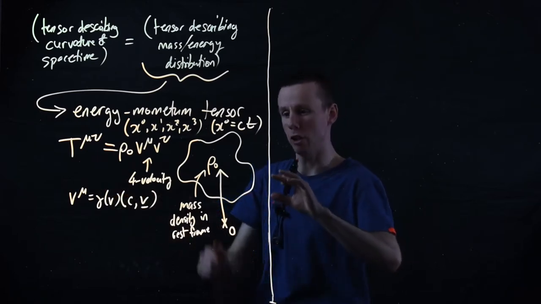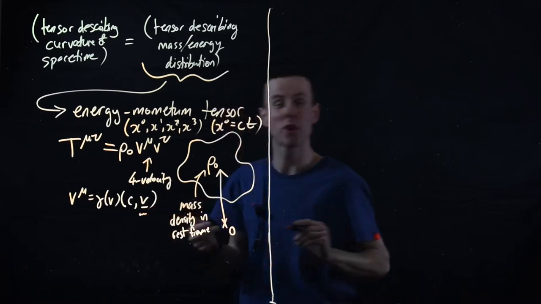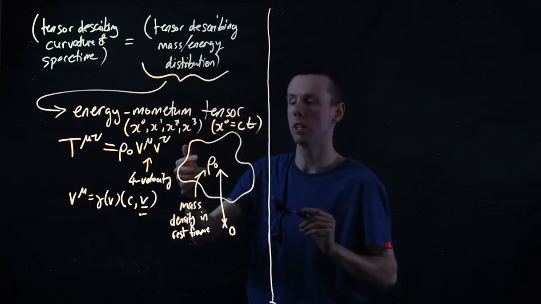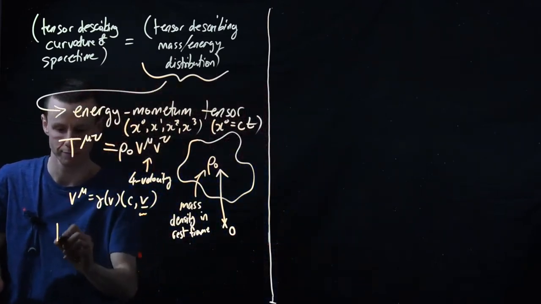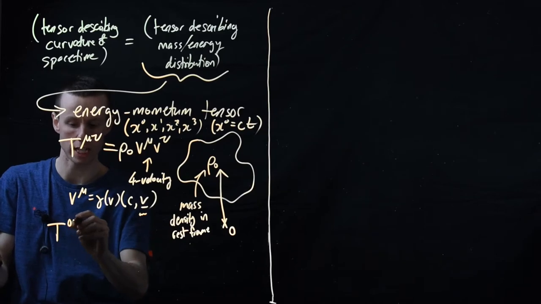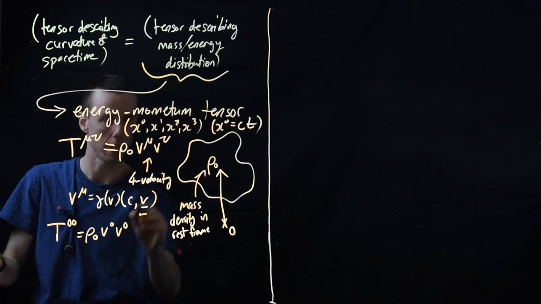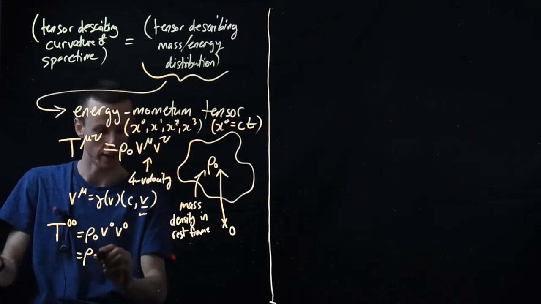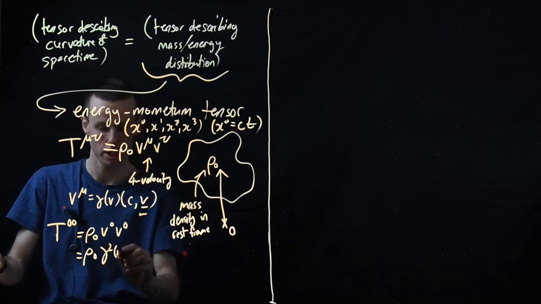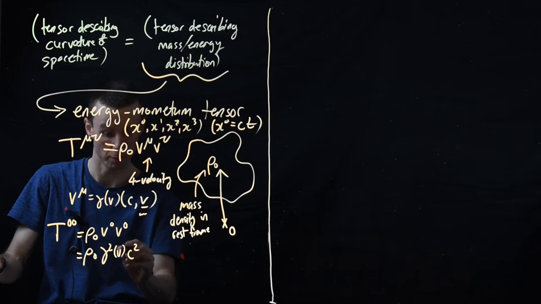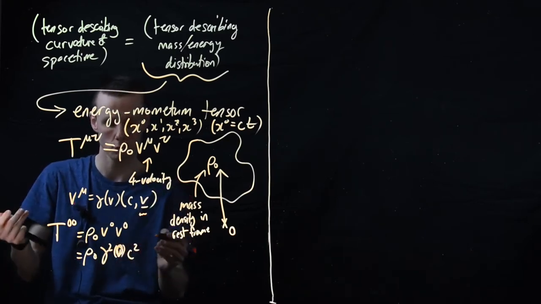So if your mass density that generates the gravitational field is static, then you see that 3 velocity is 0 at every point. And that will be the case in our applications. So the only non-zero component then is T00, which, as I say here, is rho naught times v0 times v0, and you can get that from here. So v naught is just gamma c, so you'll just have gamma squared, c squared, but v is 0, so I should really just put 0 there, and gamma of 0 is just 1, so this is just rho naught